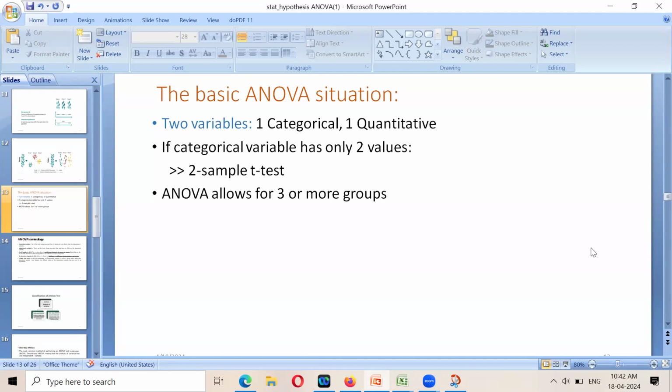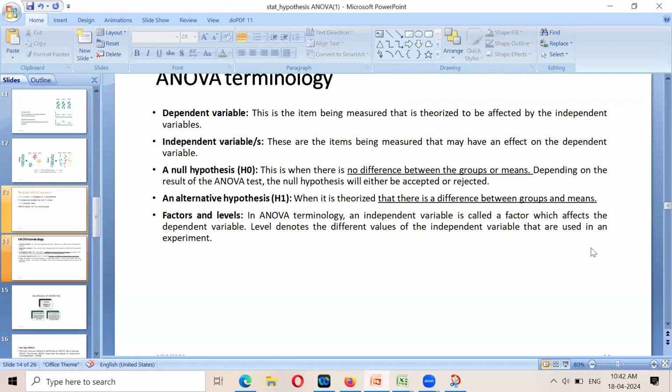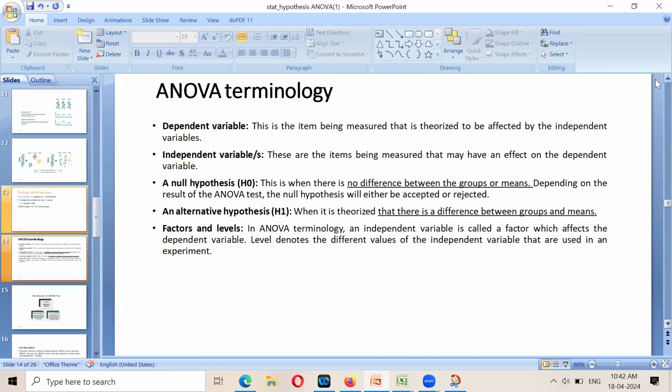Do you know correlation? In correlation, you might have seen that independent variables and dependent variables are there. So the categorical variable here is the independent variable and the quantitative variable is the dependent variable here. So these two variables are considered in the ANOVA test. These are some important terms in ANOVA. Dependent variable: the item being measured,